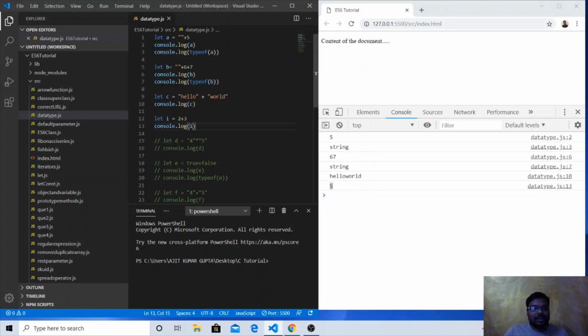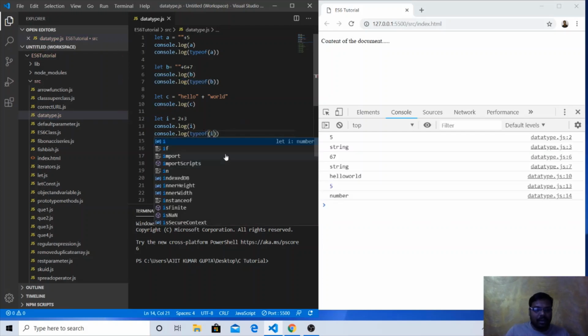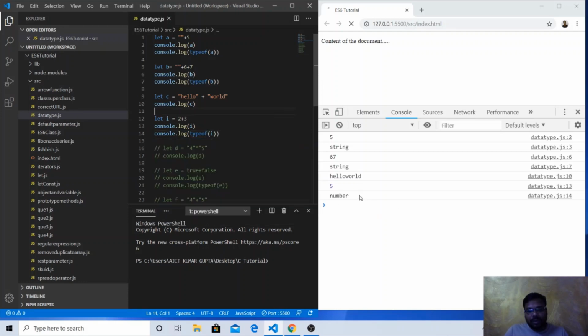And if we check the type of this variable, console.log typeof i, what is the output? It is of type number. Here there is no string, these two are only numbers, so JavaScript understood that we are trying to add two numbers, and the output type is number.